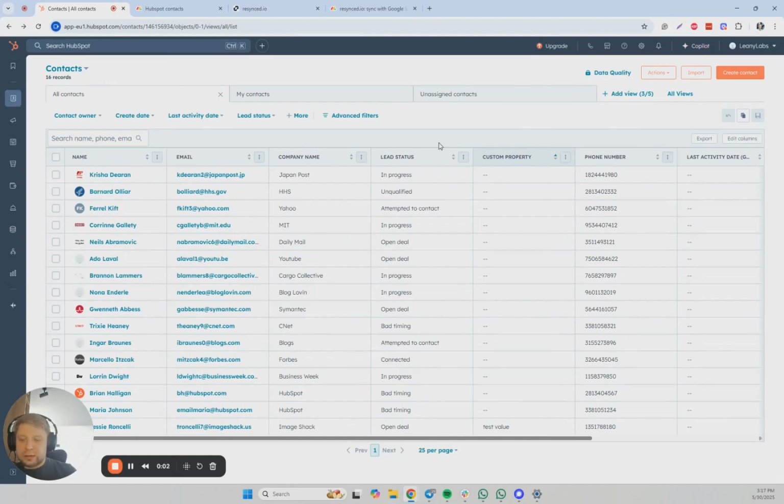First, it's only one-way sync. You can only bring information from HubSpot into Monday.com. Second is the ability to synchronize custom properties. You can bring custom property values during initial sync from HubSpot to Monday.com. However, if those are updated in HubSpot, those would not be updated in Monday.com, which kind of makes your records